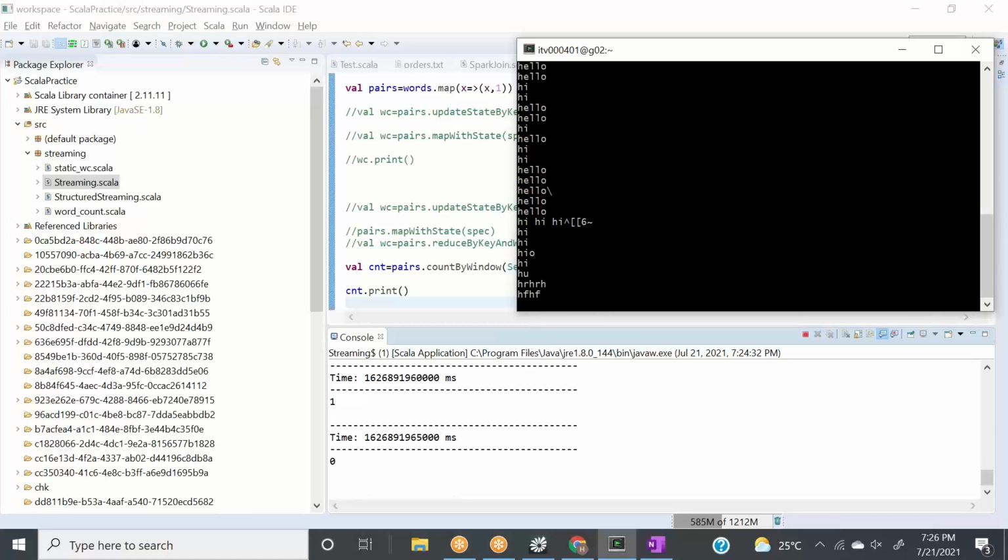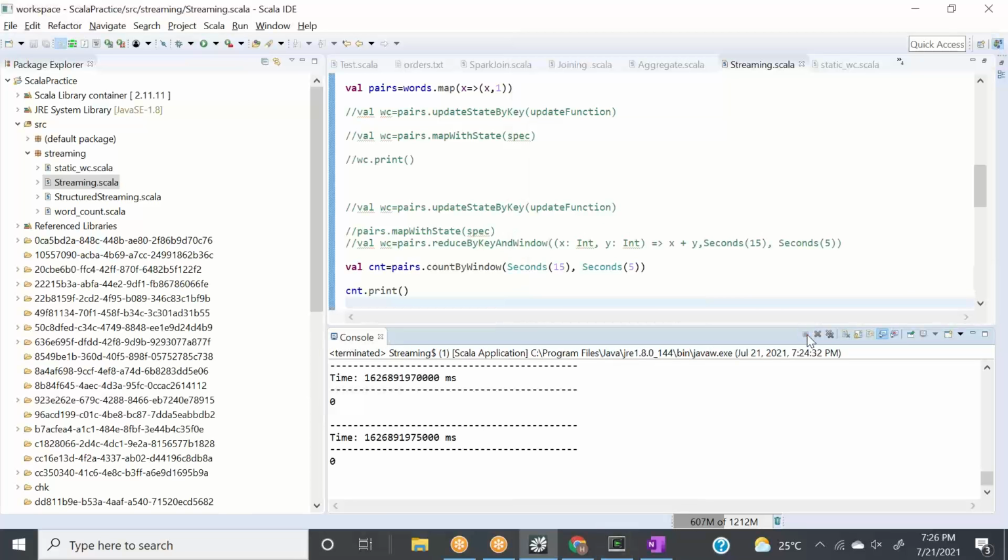This is how count by key works, right? Similarly, other key operations will work, like count by window and key. It's very easy to understand, but the only concept you need to understand is window, sliding interval and batch interval, and everything will be easy.